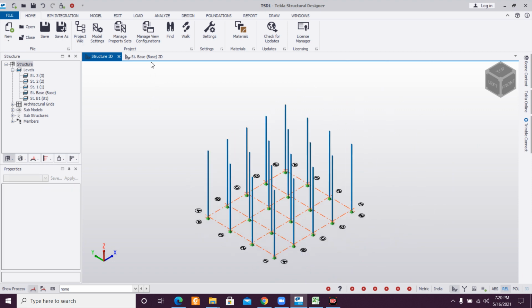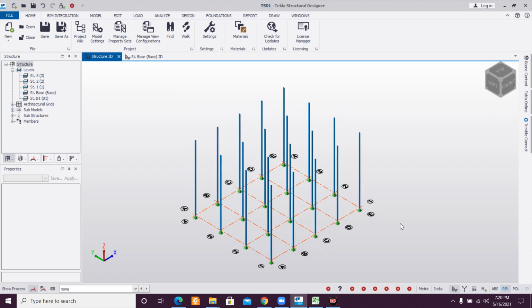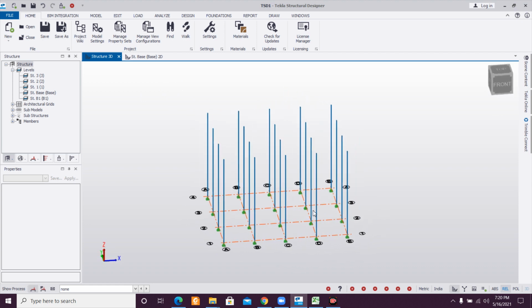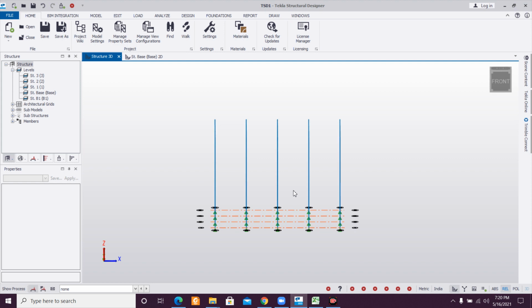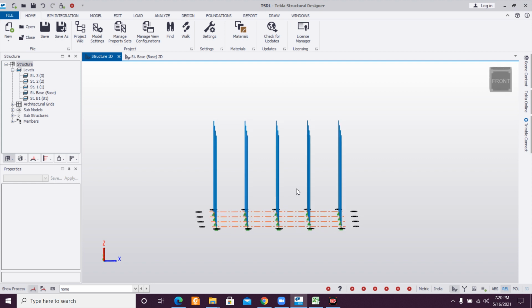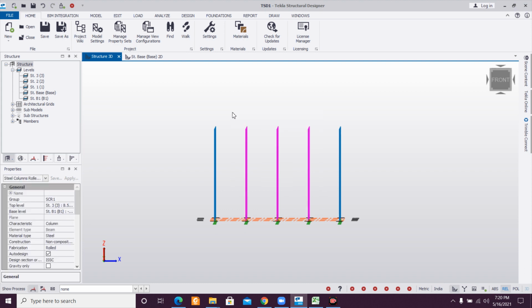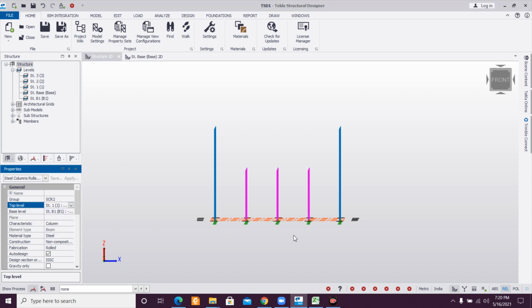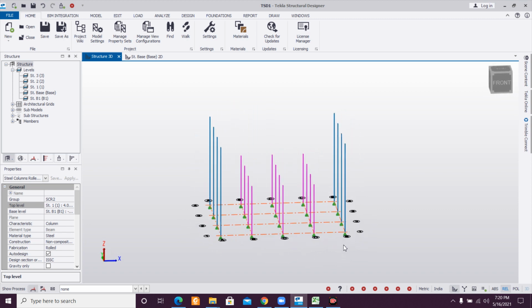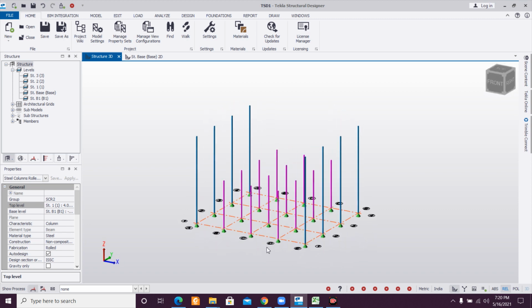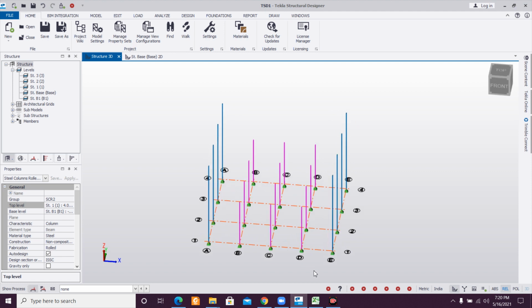What I'll do is go back to the structure view, and I will select all the columns, which I can rotate using the mouse right button. So I'll select all the intermediate columns here. Like this, you can select the intermediate columns, and I will do this at the layer levels. Just change the levels, and as you can see, top level, I'll just do this as structure 1. And here, suppose we want to create a particular floor. So let's create a particular floor here.